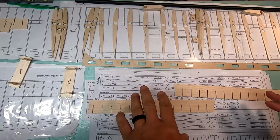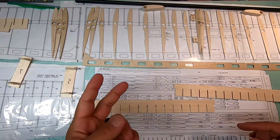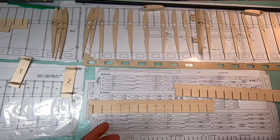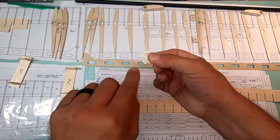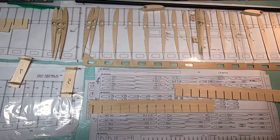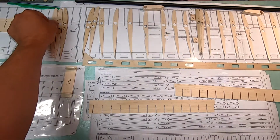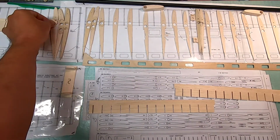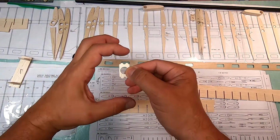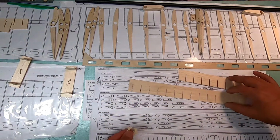So, other things to watch out for. Okay, now on the hybrid ribs, there's several hybrid ribs. You've got the one that I first showed you, and as you can see, you have the keys going out towards the rear and inward towards the front. Now, on the outer wing, you've also got hybrids, but they did those slightly different. They had all of the keys going outward, front and rear. So you can look on the plans and you can see, okay, this key